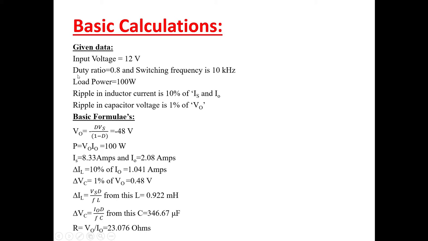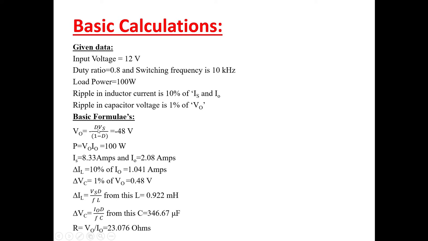Here you have to understand one thing: when it is going to step up the voltage, when it is going to step down the voltage. If you maintain the duty cycle less than 0.5, then buck boost converter will act in buck mode. If you maintain the duty cycle greater than 0.5, then it operates in boost mode. So we can operate in both the modes, either in buck mode or boost mode. These are my basic formulas corresponding to the buck boost converter.